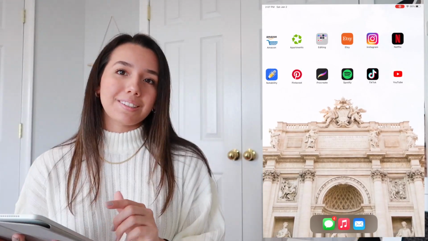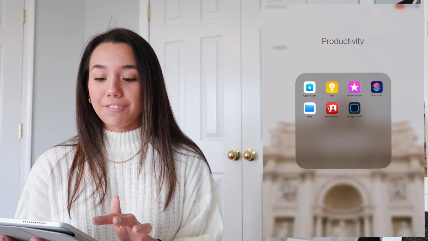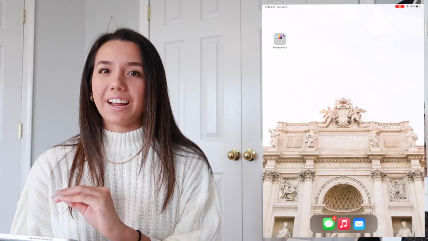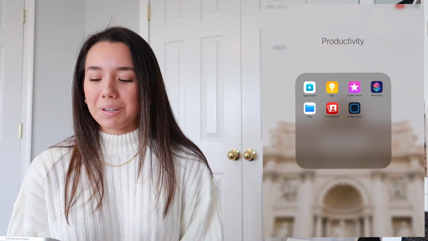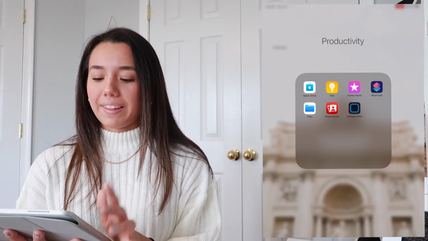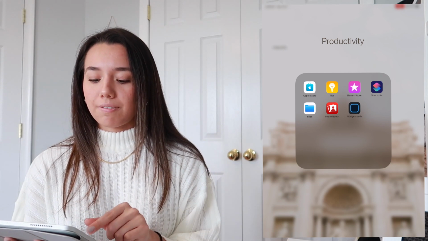And then I have YouTube, because I just love watching YouTube videos. And then this last page is just my productivity folder. I don't have much stuff in here, and I also don't use most of what's in here. I feel bad deleting apps sometimes, even though I don't use them. But I just have the Apple Store, the Tips app that comes with the iPad, iTunes Store, Shortcuts, Files, Photo